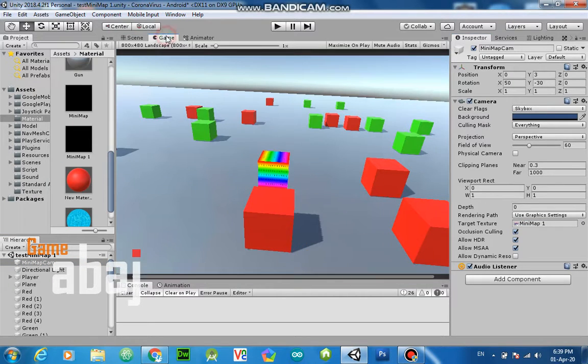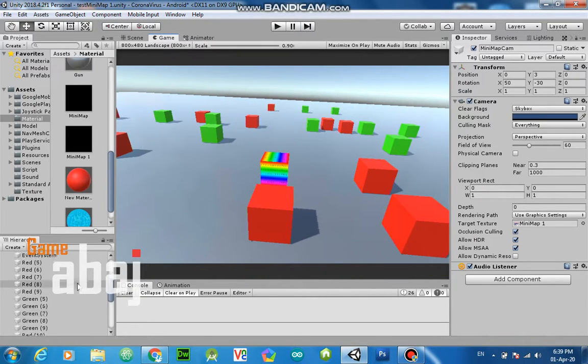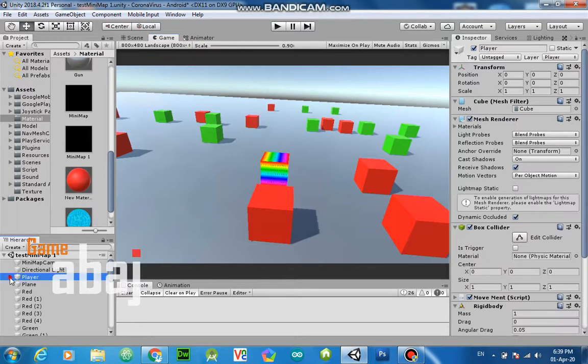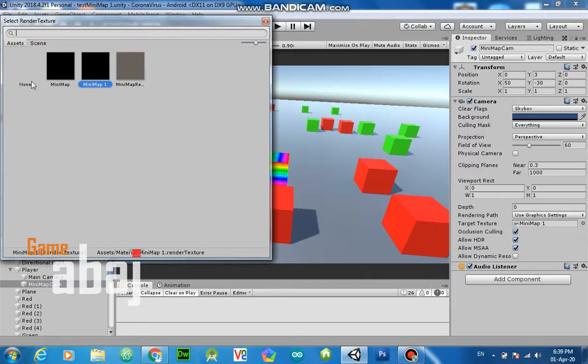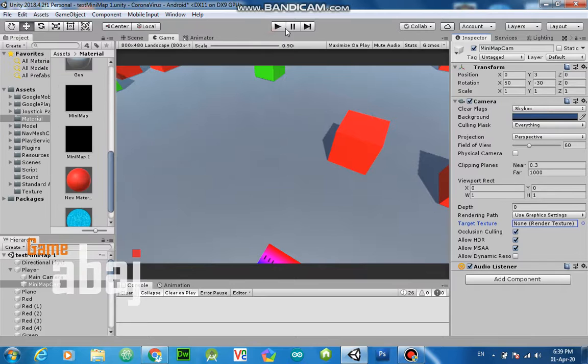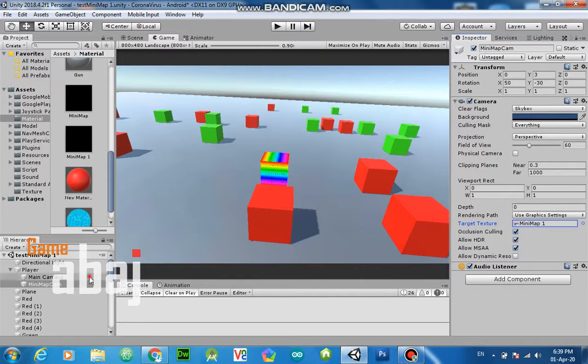Now our camera goes to this default main camera. Our main camera is inside our player, so this camera also has to be inside our player. That camera follows the player for that purpose. If we do not assign this, it stays none, so our game's main scene is rendered from this camera, but as soon as we assign this render texture, the camera moves off our main camera.